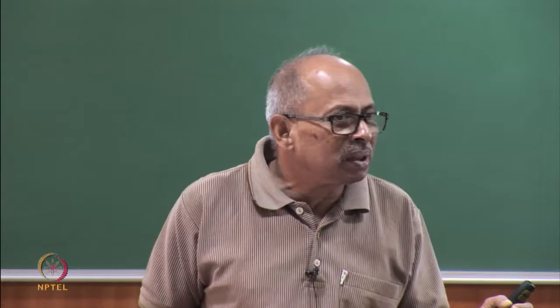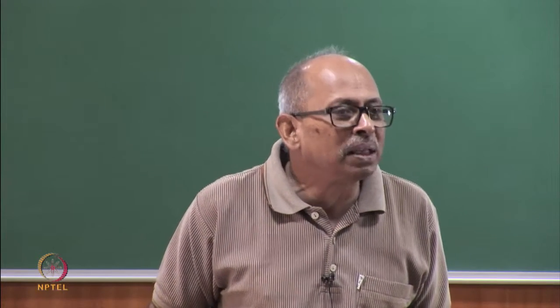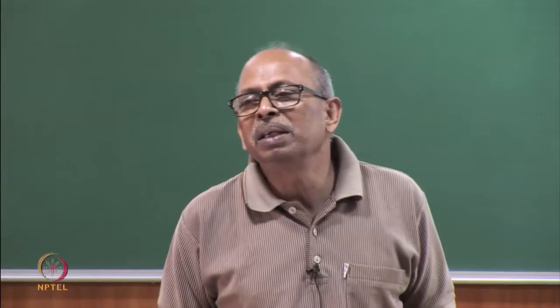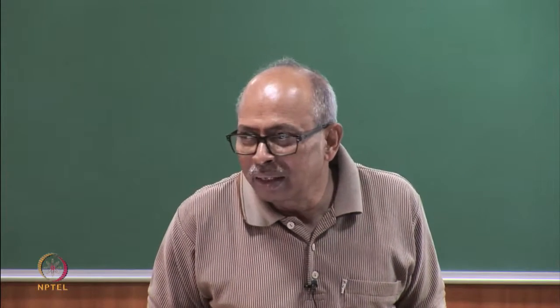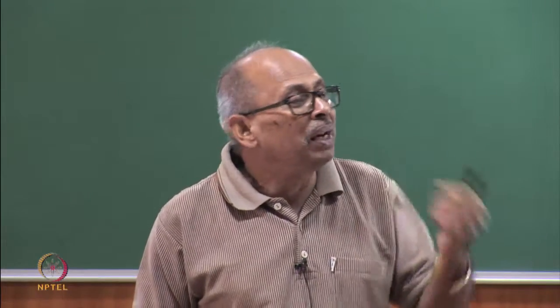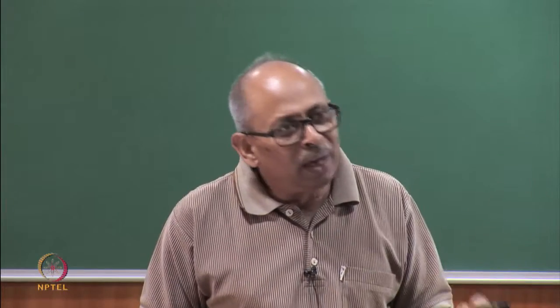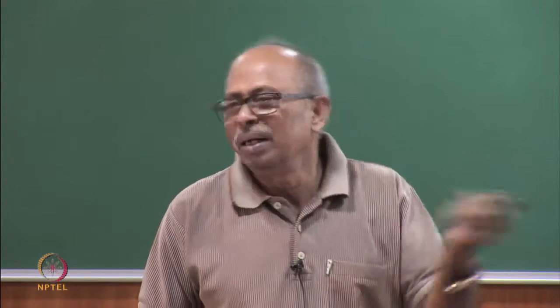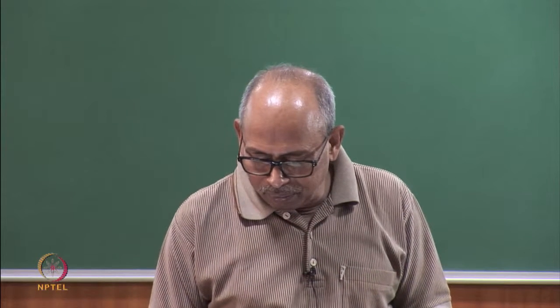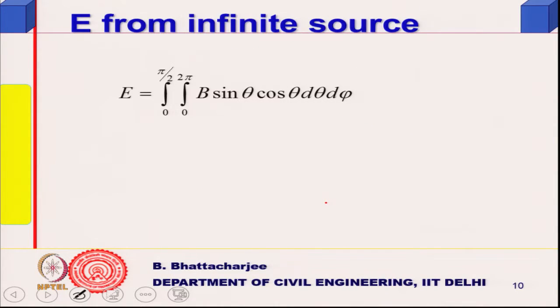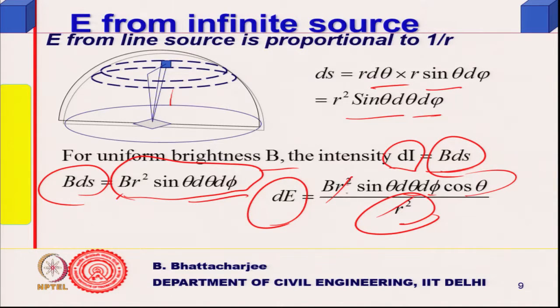For a line source, if I define the flux as flux per unit length, it is inversely proportional to r. For a large source at infinite distance, it is independent of r. So, 1 by r square, 1 by r, or it is independent of that. Here I want to find the illumination, so I will integrate this; r square will cancel out. If I want to find the illumination on this surface from the whole of this sky vault, it will be given as the integration of this one,